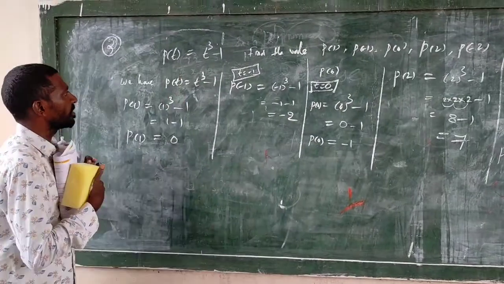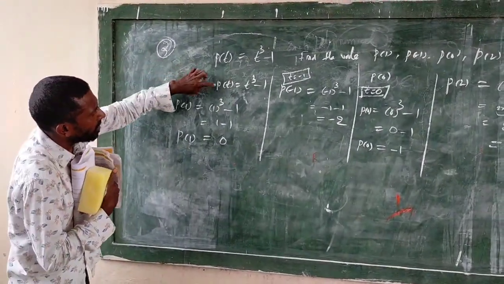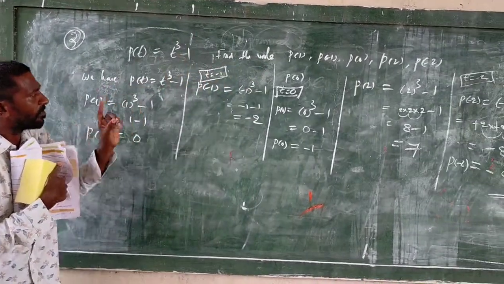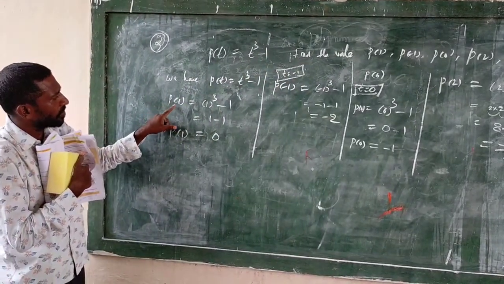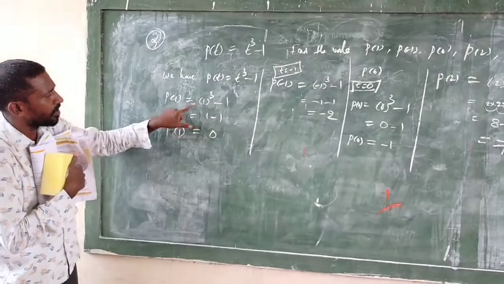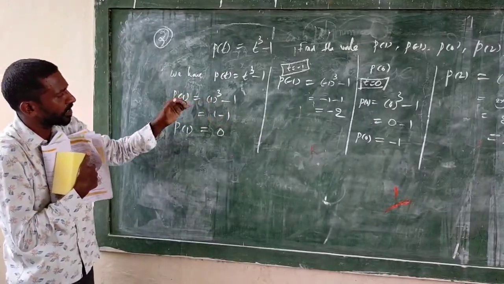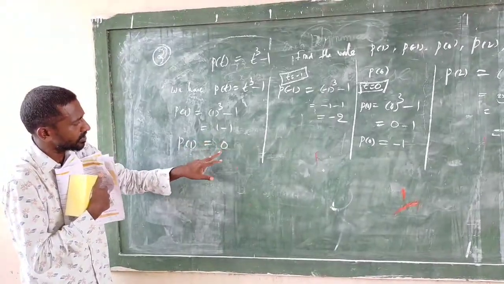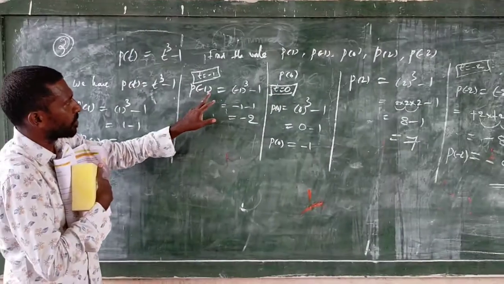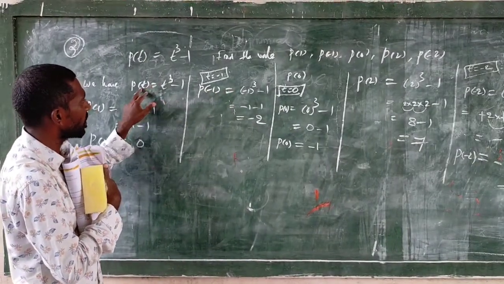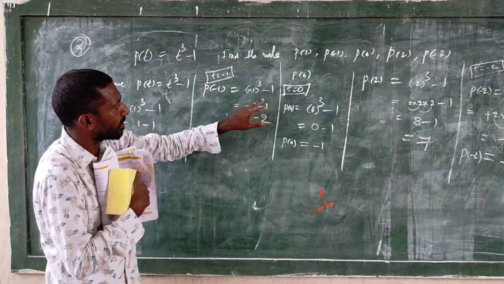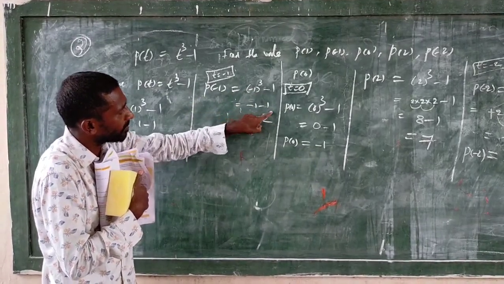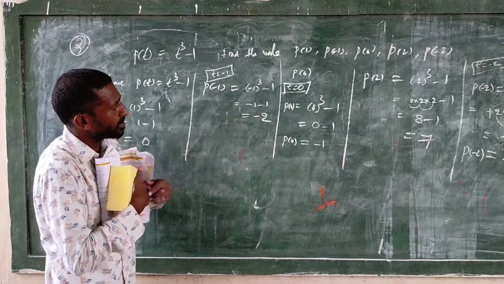Once again, repeat. Given P of t equal to t cube minus 1. So find the P of 1 value. P of 1 equal to, substituting t value in the equation, 1 cube minus 1. 1 cube, 3 times multiplication, 1 into 1 into 1, 1. 1 minus 1 is equal to 0. Minus 1 cube minus 1, substituting in the equation, minus 1 into minus 1 into minus 1, minus 1 minus 1. So the sum of these numbers is 2, and the minus symbol also.